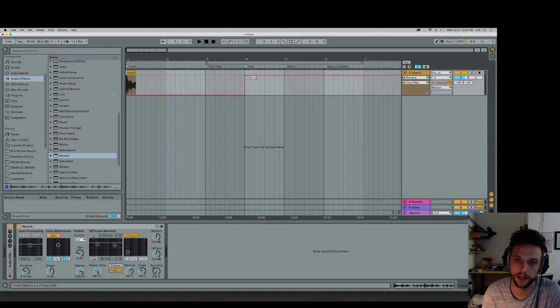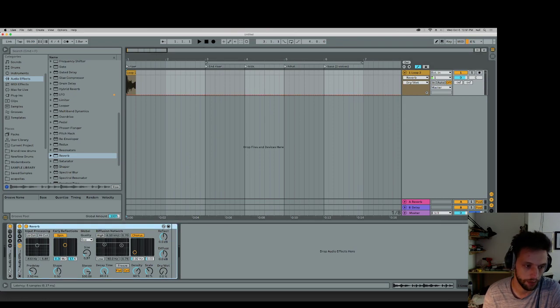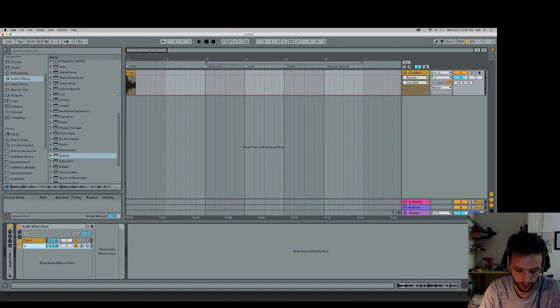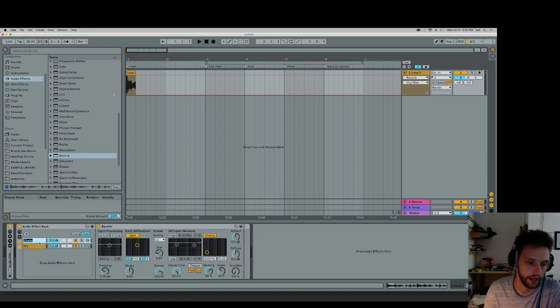However, I'm going to do this slightly differently because I want to make it easier for myself later. I'll put this in a group. We can make a dry chain and a wet chain, and we'll just bring this in like this. Now, at this stage,